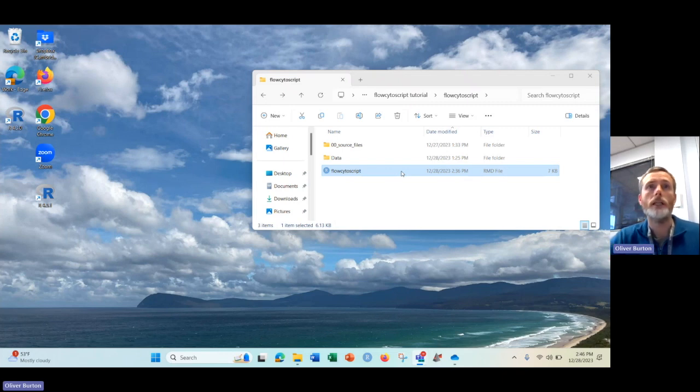It has 3 things in it. The data that I exported from FlowJo, I put these in a folder called Data, a copy of the script, flowcytoscript, and a copy of the source files folder. Both of those are in that zip file that you downloaded from the Listed Labs GitHub. You're going to need all 3 of these things in a folder just like this in order for the script